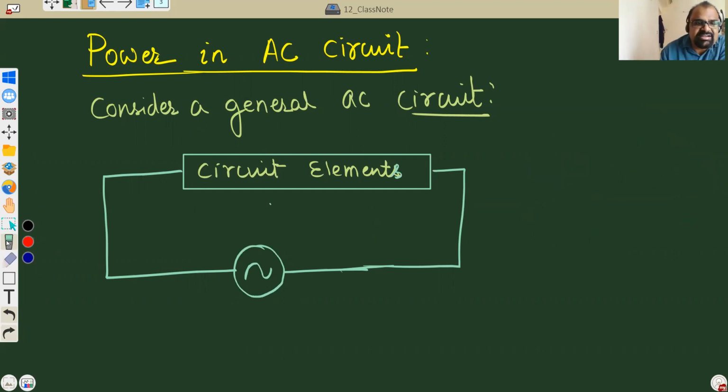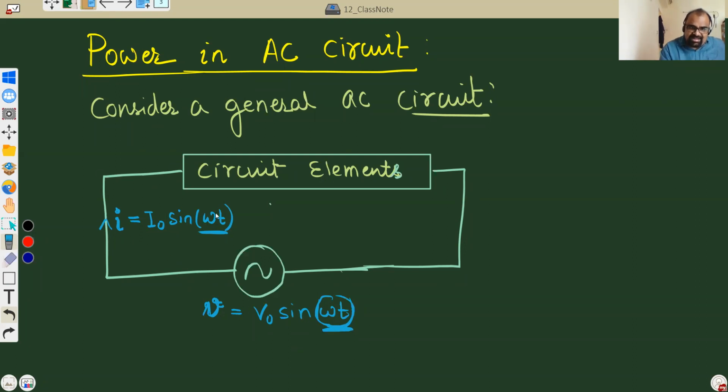Okay. Now come back to this. Suppose I'm drawing an instantaneous diagram. So the instantaneous voltage is V0 sine omega t. And now here I can show the direction because this is an instantaneous diagram. How do I know this is an instantaneous diagram? I'm not writing "instantaneous diagram". Because I'm writing a small letter here, and here also a small letter. Now current will be I0 sine omega t. Is there a guarantee that current will be in the same phase as this voltage? If the phase of voltage is omega t, is it guaranteed that the phase of current will also be omega t? No, sir. There is no guarantee.